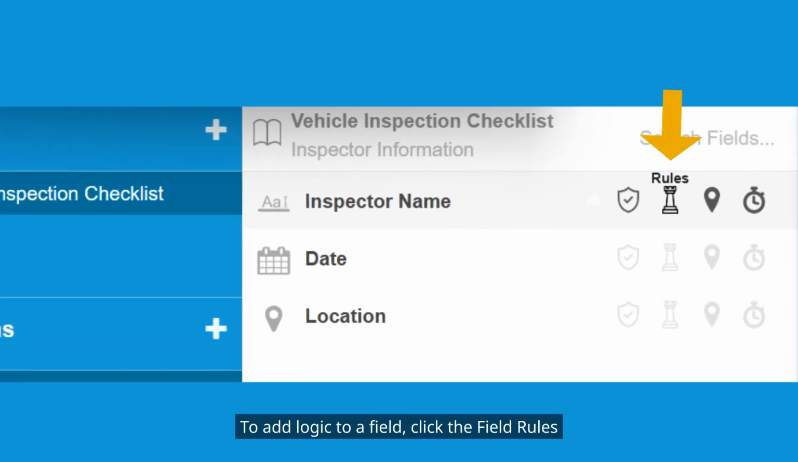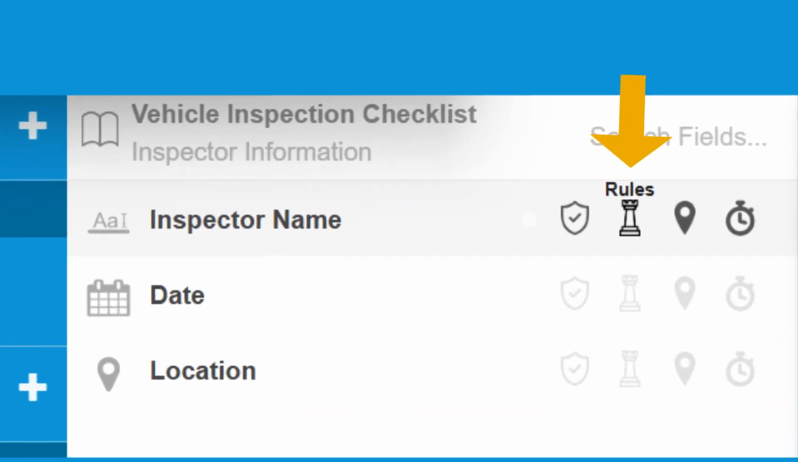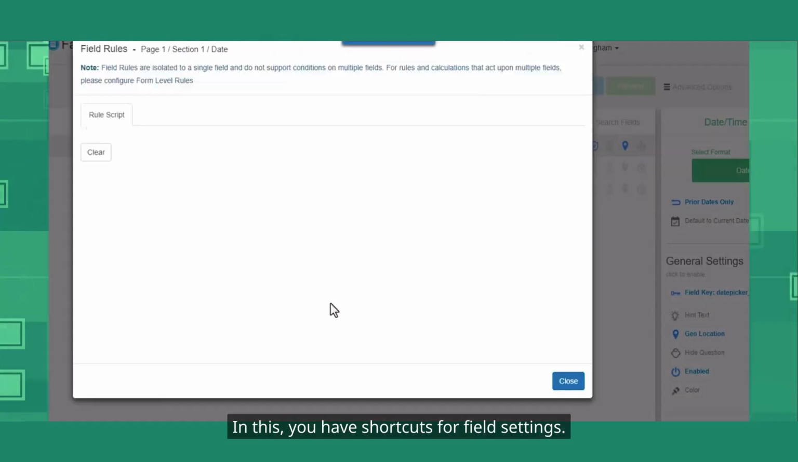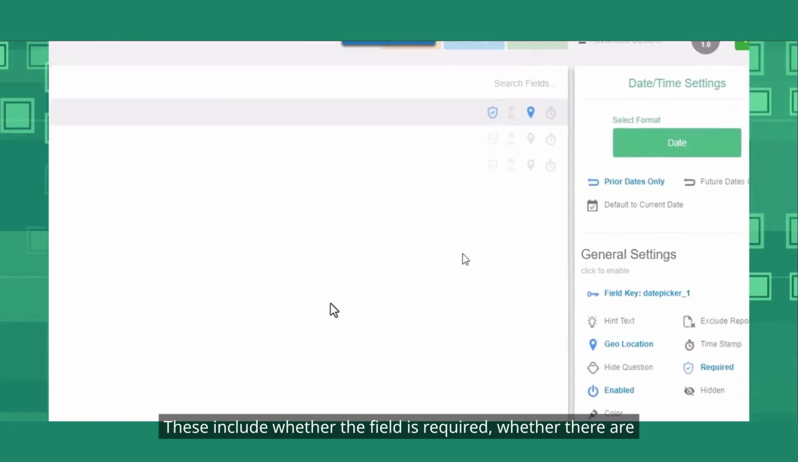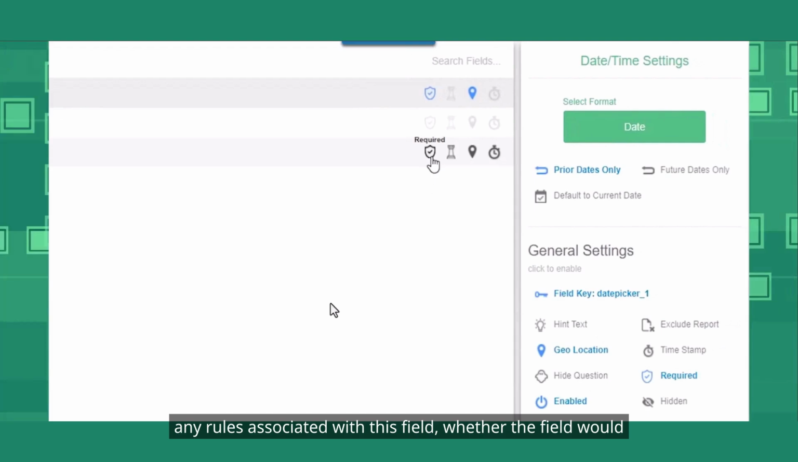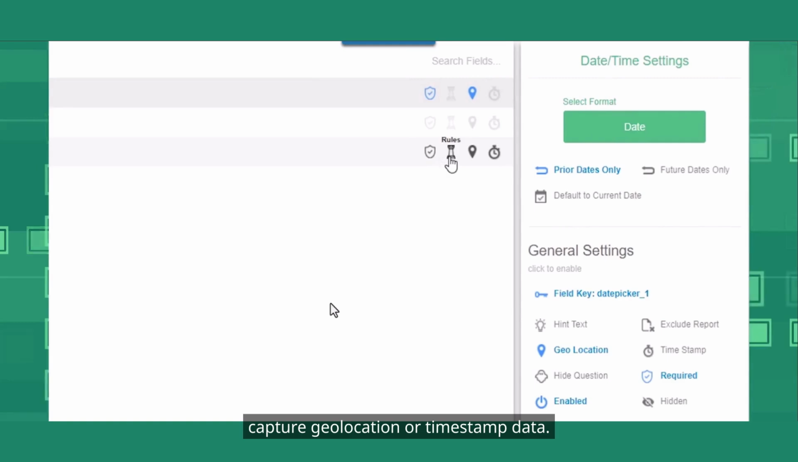To add logic to a field, click the Field Rules button. Here, you have shortcuts for field settings. These include whether the field is required, whether there are any rules associated with this field, whether the field would capture geolocation or timestamp data,